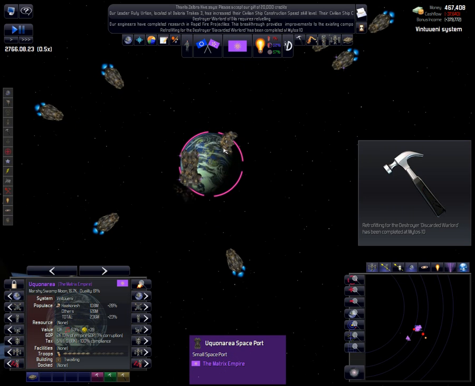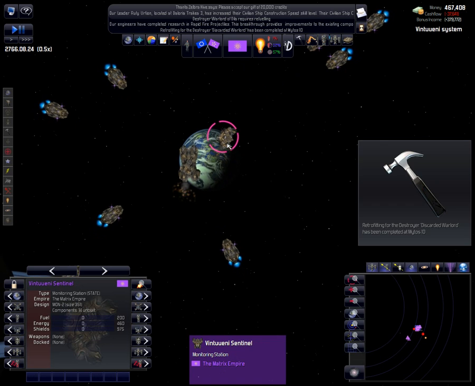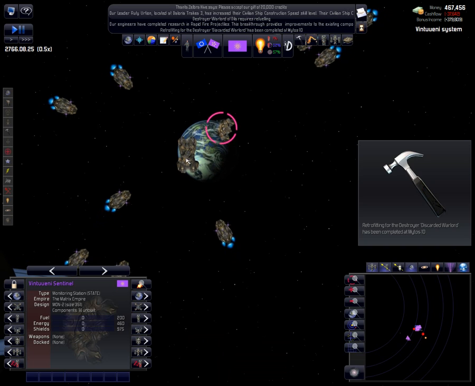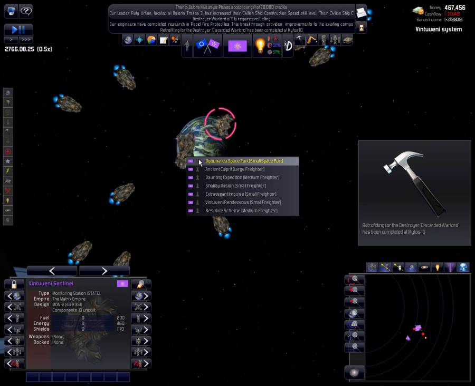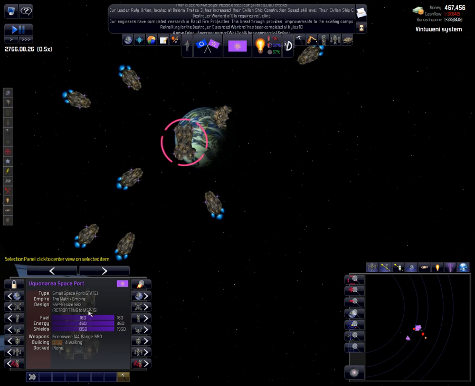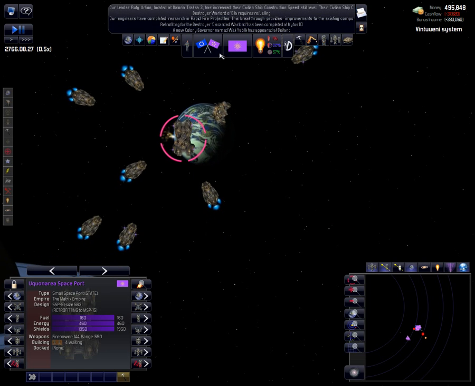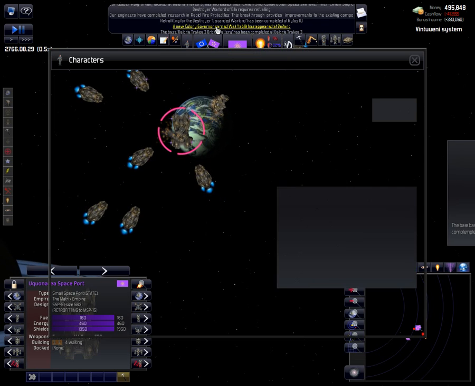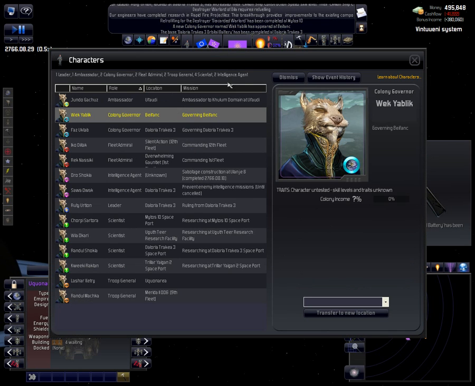Let's see what we got going on here. We got a monitoring station that's still being built. It only has 14 left, so it's coming along here. We got our spaceport, which is retrofitting to a medium spaceport. A new colony governor named something here. New colony governor. He's in our